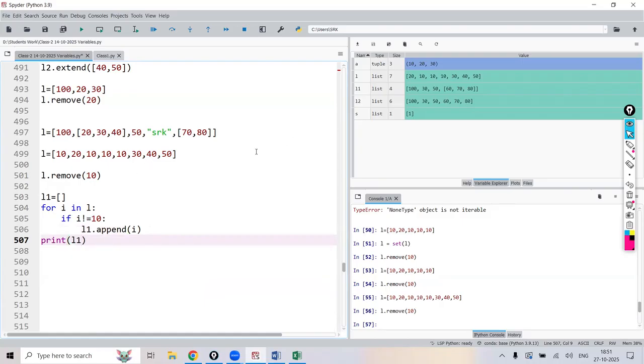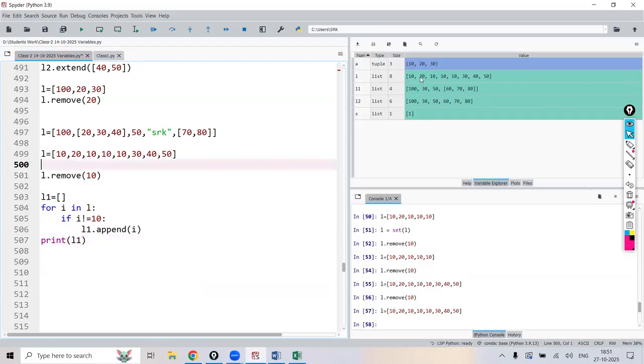So now see here, I'm having the L. This is my L, guys. Can you see everyone? L. And in this L, I want to remove all the tens, each and every 10. And whatever output I have got now, I want to store again in the L only. Let's take an example. Again, I want to store in the L. Now, L is equal to,